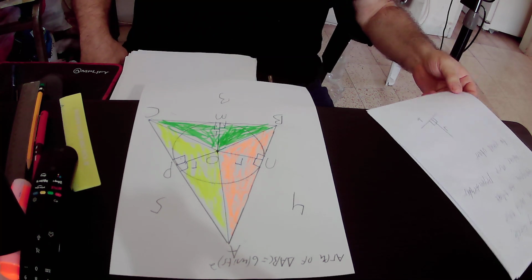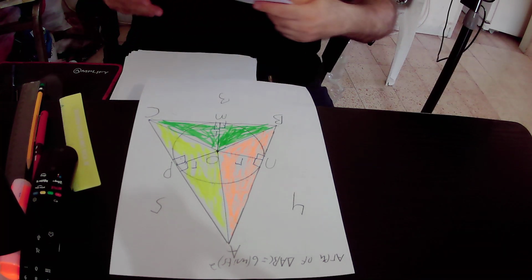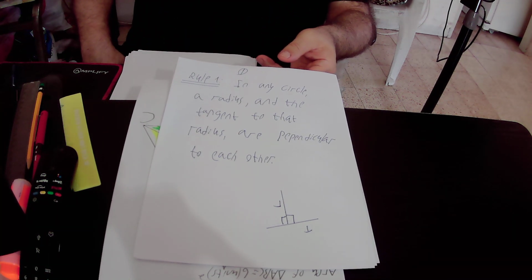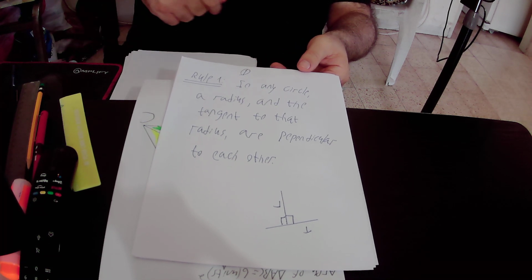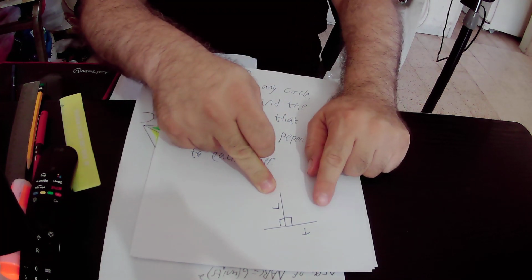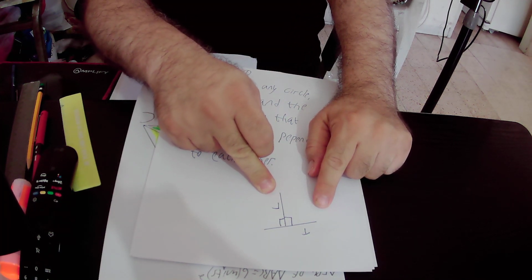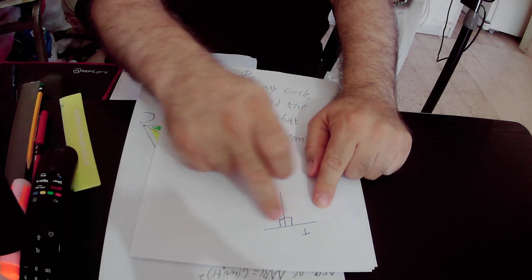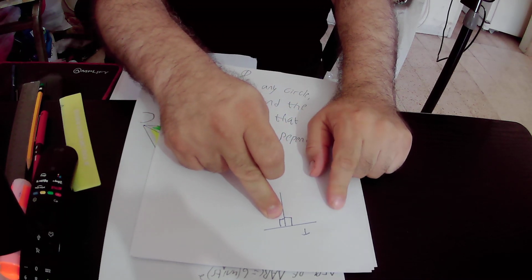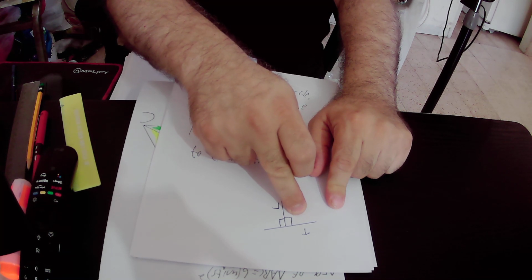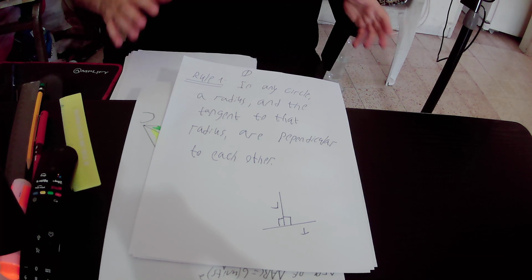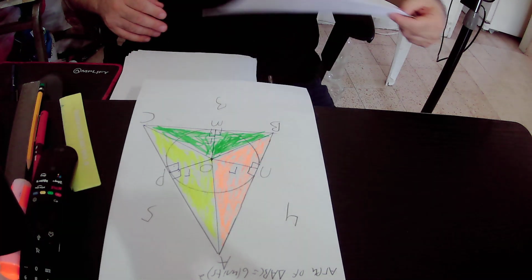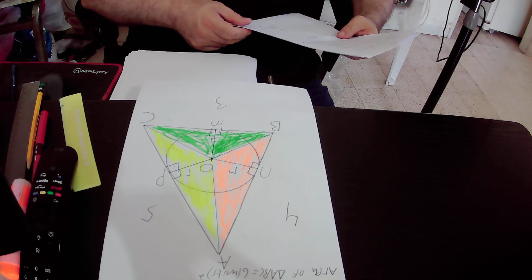Okay, and actually we have rule number 1 that states that in any circle, a radius and the tangent to that radius are perpendicular to each other. So if we have a radius that we call R and a tangent that we call T, then the radius is perpendicular to its tangent. That is to say, this angle is 90 degrees and this angle equals 90 degrees also. So in any circle, a radius is perpendicular to its tangent. Actually, we can implement this rule in our circle